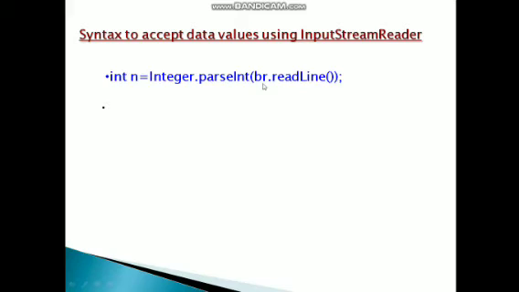If you are using any other object, then that object.readLine function. Next, float f is equal to Float.parseFloat of br.readLine function. This is to accept a float value. So here also same, F should be capital, again parseFloat, F should be capital, then br.readLine function.